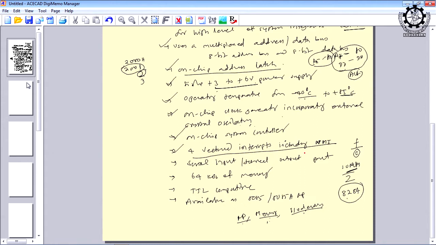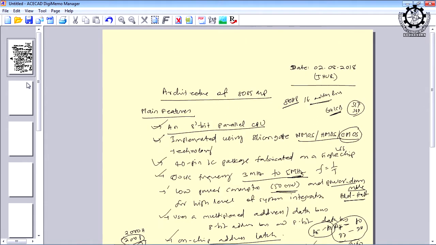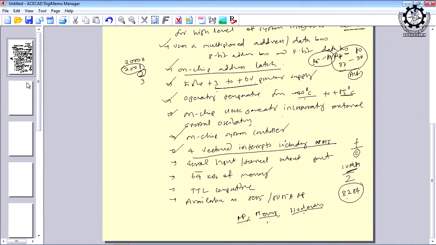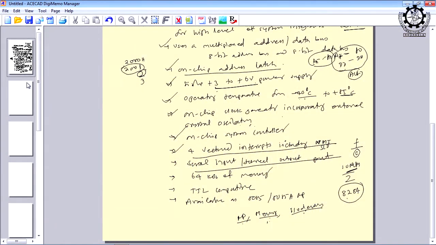So, as I told you, it supports the parallel CPU, 8-bit parallel CPU. At the same time, it supports serial input and serial output port. The data can be transferred serially bit by bit with the help of 2 pins, one is called SID, serial input data, and the other SOD, serial output data. And we will discuss more about how to access SID, and whenever there is a parallel support, what is the need of a serial support and how it is useful for us and what is its application, particularly for industry and for process control. Okay.